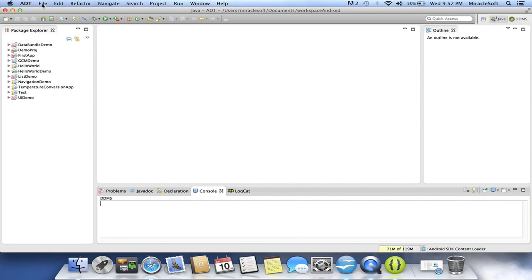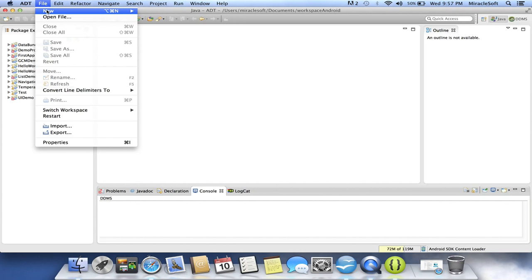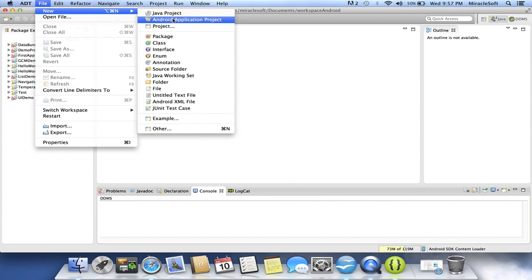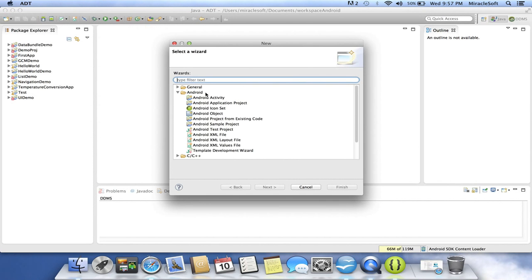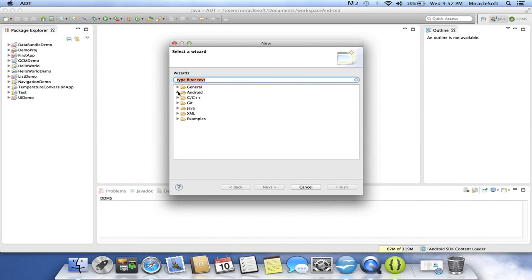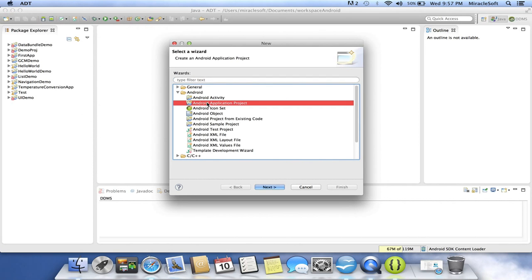For the first thing, we'll go over to File, New, and you can see we have Android application project right over here. The reason why I have it over here is because I've been using the Android application project link regularly. If you don't have it over here, do not worry, you should have it in Other. Go over to Other, and you should have a folder like this called Android. If you open up Android, you should have Android application project over there. So click on Next,